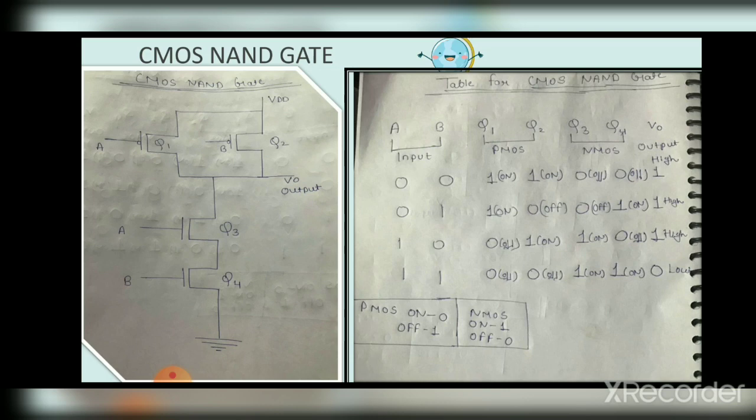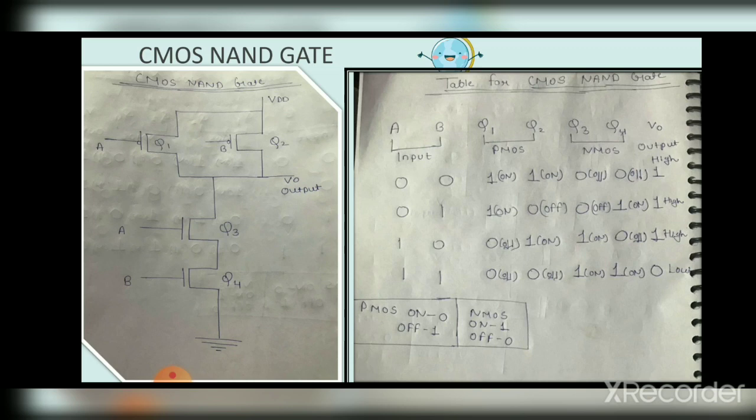Because Q2 in the circuit diagram is short circuited, we get the output by VDD. In the next case, when both inputs are high, which means we give input 1 and 1, Q1 and Q2 get off and Q3 and Q4 get on. So they are short circuited and we get output 0 due to ground. So we can implement a NAND gate by using CMOS and the output is the same as the output of a NAND gate.